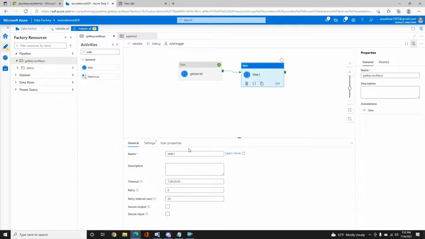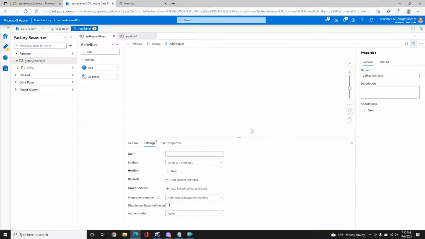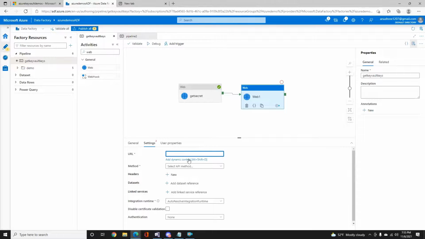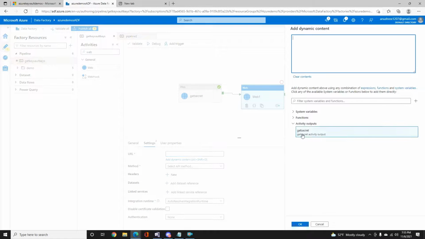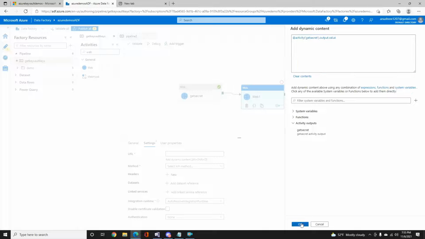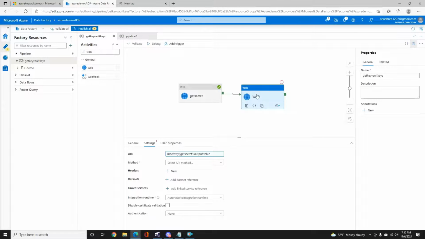And in here, for example, if you want to build a dynamic URL using the value which we got from the output, just click here, click on add dynamic content, and you can see that it's there. Get secret activity, activity output is there. You just have to add value param and you're good to go. So this will become the input for this web activity.